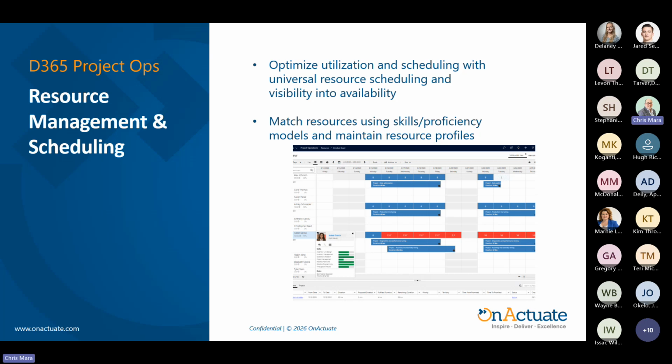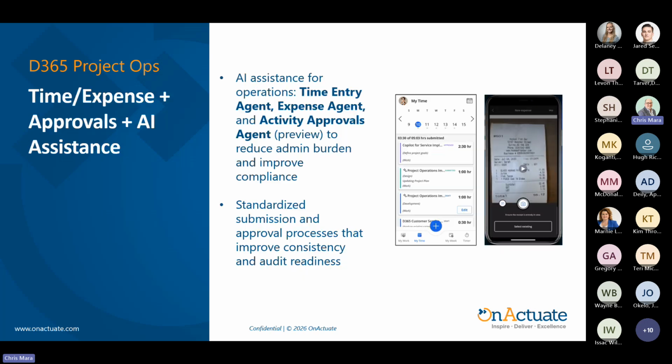Now, once you've staffed and scheduled work properly, the next operational question is, how do we capture and control the work as it happens? Time, expense, approvals, in a way that is consistent and audit ready. And that's what we're going to talk to on this slide. So this is all about operational control, the part that typically breaks down in real project delivery. Project Ops standardizes how teams submit time and expense and how those entries move through approvals. So you get consistency and audit readiness